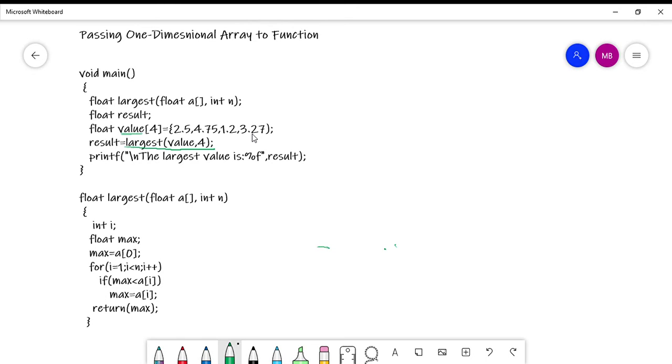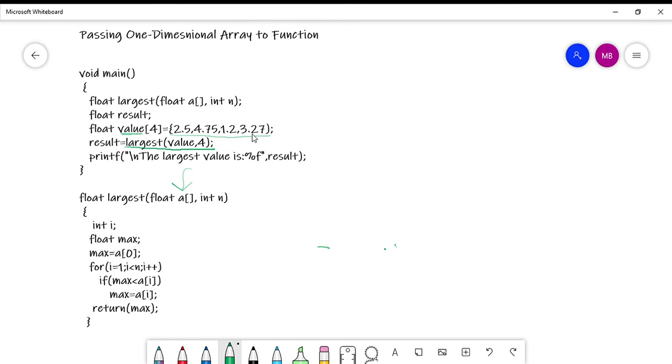Then it finds the largest among all these elements, and returns the result to the calling function, or to the main, right?